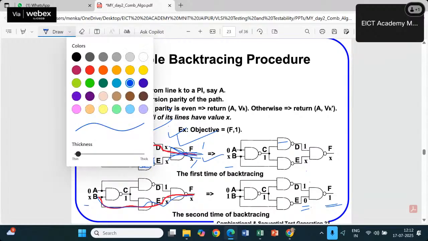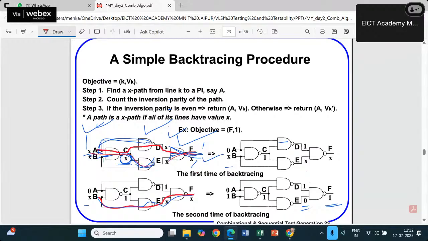Let me take a red line, because the number of X's will be more. In that case, X will be more. So you have taken this is equal to 1, that is leading, this was X, and of course this was also X. So the maximum number of X can be covered in this way. You can choose this. If you are choosing this, then you are having 1, 2 and 3 inversions. 3 inversions means definitely we will be getting the inverted value of the goal. Goal was 1, so the inverted value was 0. So 1, 0 combination, definitely that is also going to give you the goal XOR gate F is equal to 1. So in this manner,